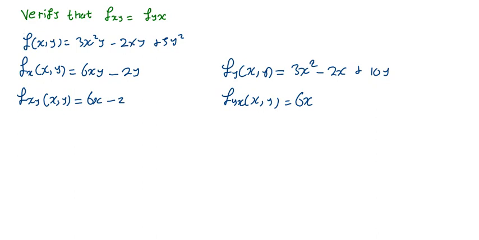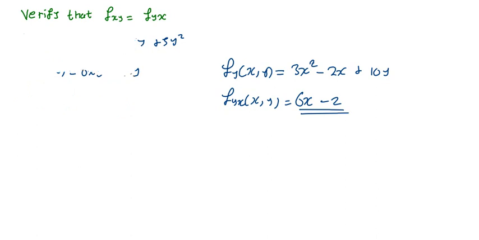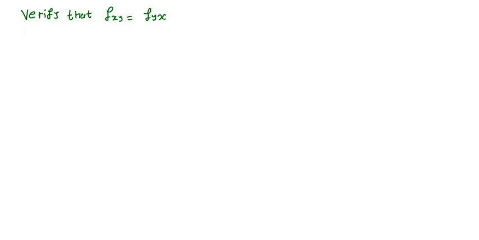Yeah, 6x. We are differentiating with respect to x. Then this will be a constant. It will be a 0. So we get a 2 there. We observe that this part is equals to that part, which is very, very simple for this question. Let's try to look at another example. Let's say we have